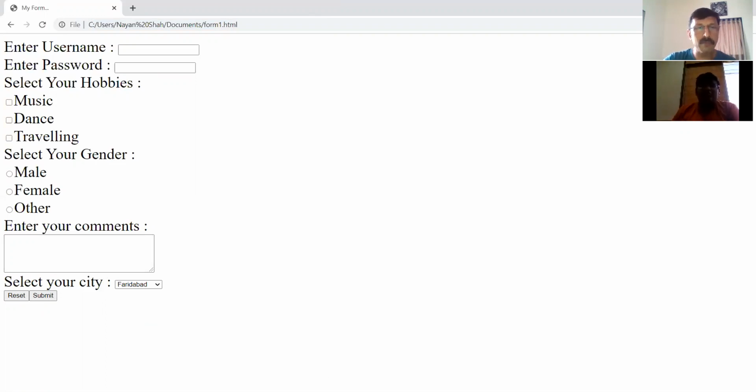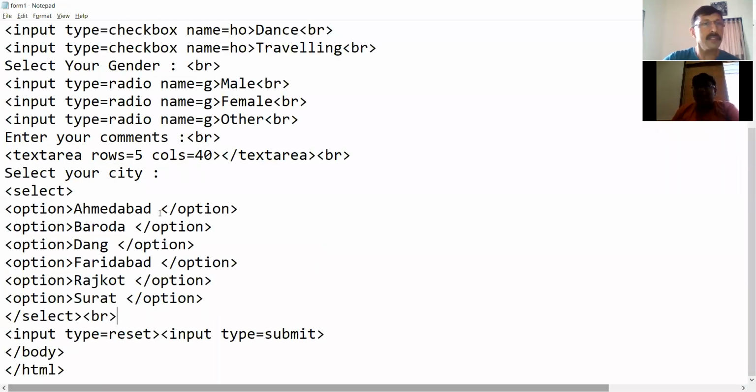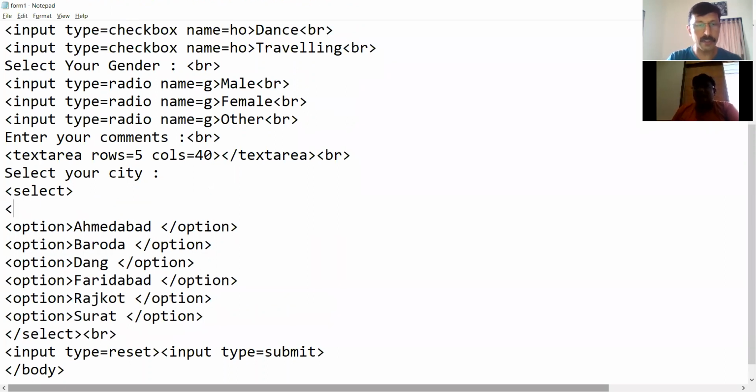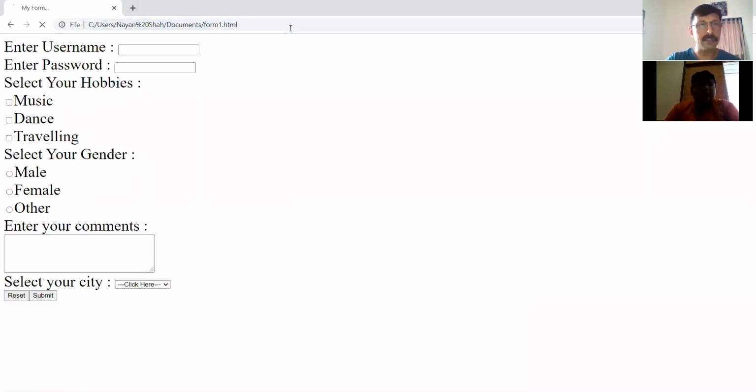Remember, modern websites are much more sophisticated than what we saw just now. Generally, you would have seen that in a modern website, the first option is never any actual value. It would be something like this. Click here. Slash option. It would be like this, in modern websites nowadays. Like so, and see what changes it makes, and I will explain the importance of doing this. Enter. So now here there is no city name. It simply says click here, and then if you click there, you see the list of the cities.